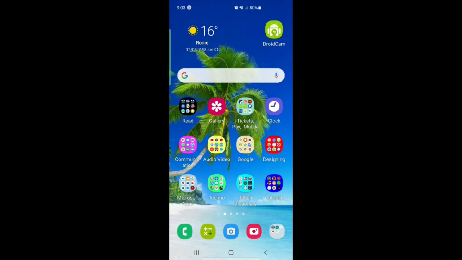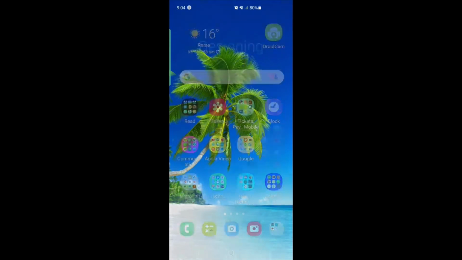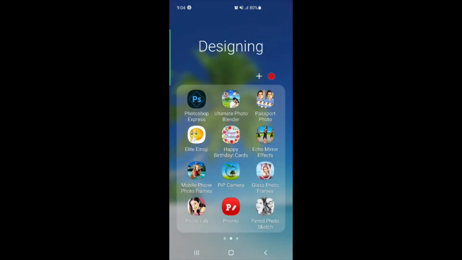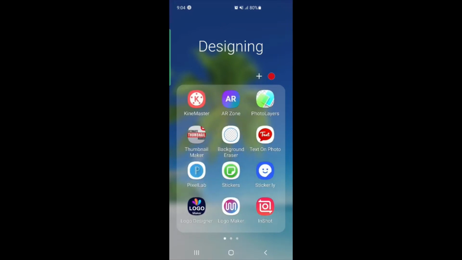To create a video from mobile, for example, there are different software that we use for making videos, and whatever you get used to, that becomes easy for you. For example, I am taking KineMaster here. Some others may be using different programs, so I shall go for KineMaster to show you how